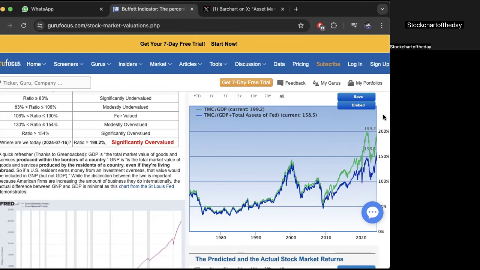Oh, we have seen a broadening of the rally. I'll talk about that in a future Stock Chart of the Day. But the question we must ask is, is the broadening of the rally happening because we're in this final stage of the blow-off? Now, I know that many of my subscribers are probably more conservative, would probably be more pro-Trump, et cetera. But look, you have to look at the valuations, and the stock market did very poorly under Bush. Right, the stock market crashed